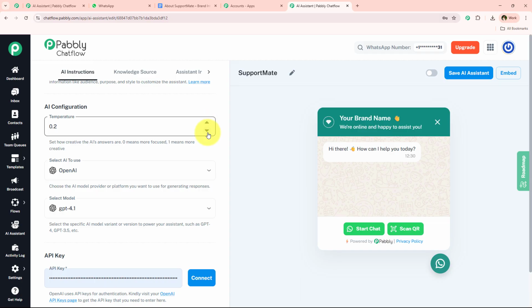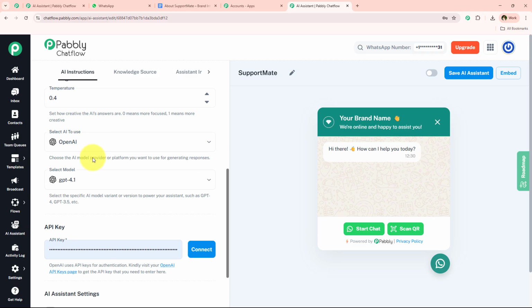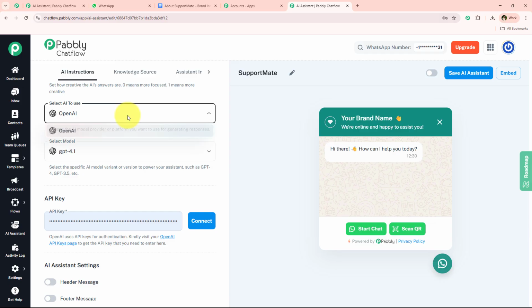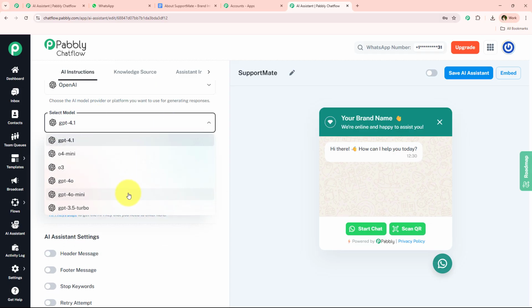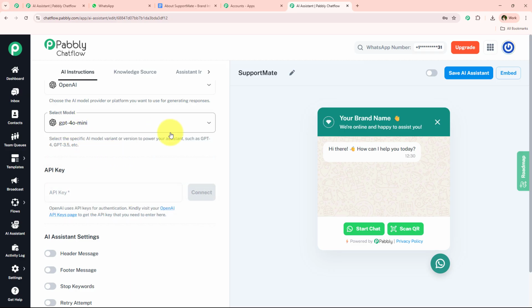So if you move it towards 0, the AI answers will be more focused, and if you move it towards 1, the AI will answer more creatively. I'm just going to keep it as 0.4 and move on further. It is asking me for the AI to use, so I'm simply going to select it as OpenAI. Now it is asking me to select the model, so I'm simply going to select GPT-4o Mini, and